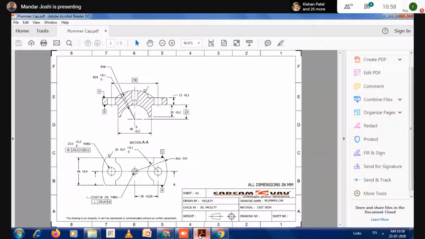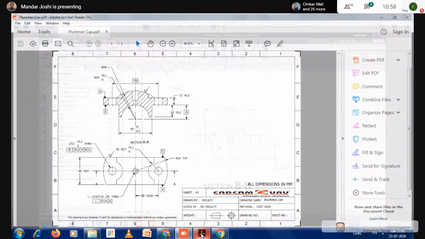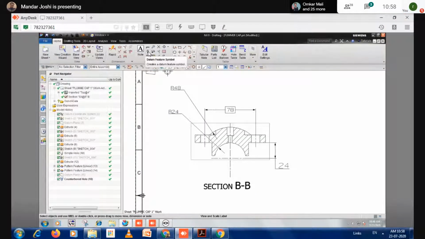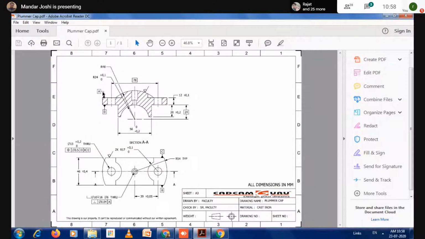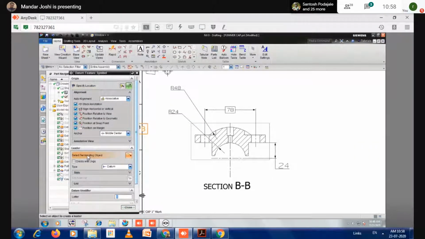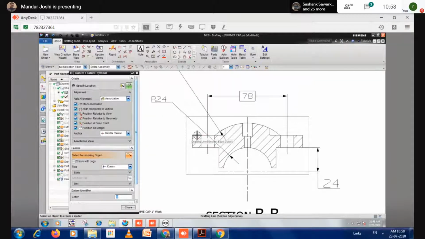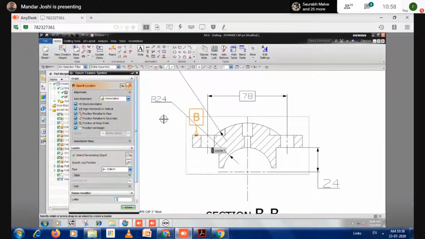Okay, then select the datum identifiers here. I need datum A and this is datum D. So to put that, select this annotation group and choose here the datum feature control option. Now here, if you see, there is a leader line attached. So I want a leader. That's why I'm selecting this leader option. Otherwise, it will simply be put as text. So I select this line and there I need to show datum A or datum B.